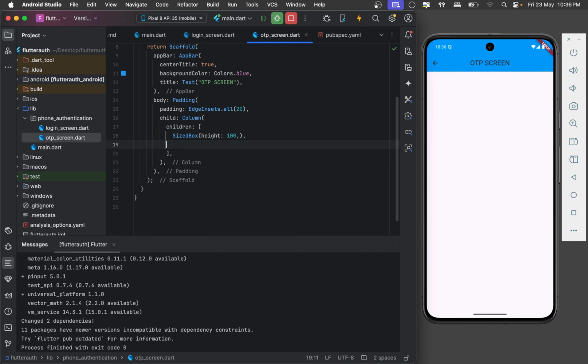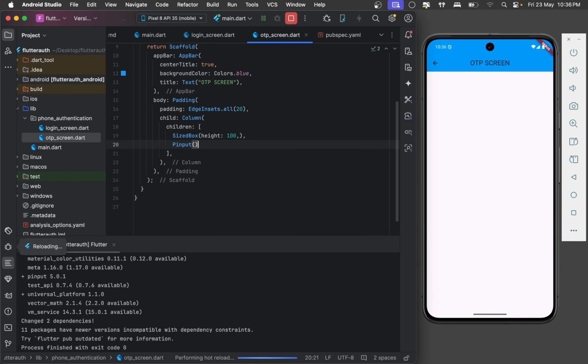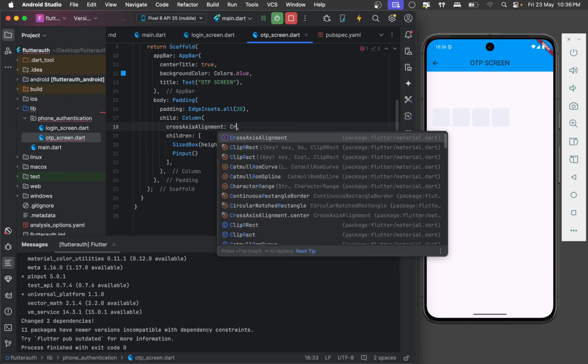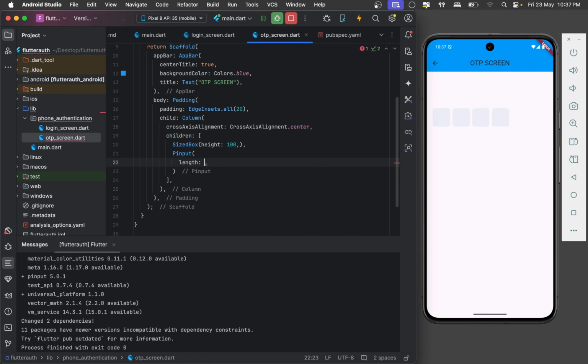So here I will use the Pinput, as you see now. So I will give this cross axis alignment to center. So now you will see that it's on the center. Or wait, we will change this length to 6. Actually the OTP which is coming from the Firebase has 6 digits, so I will use this 6 digit. So now I can enter the 6 digit on my input,